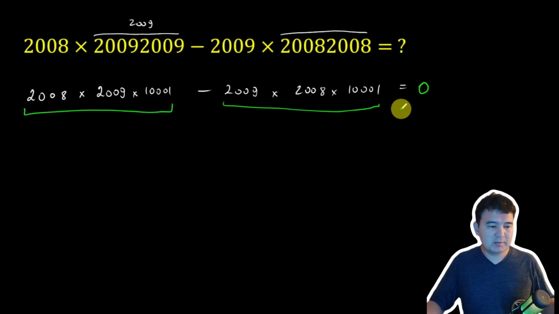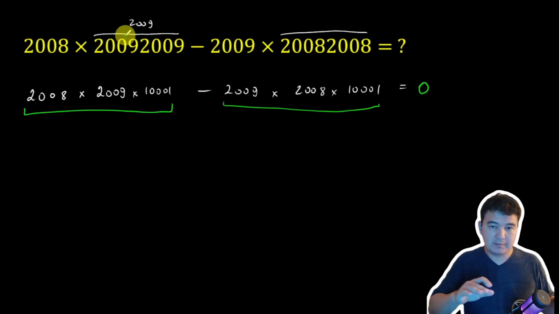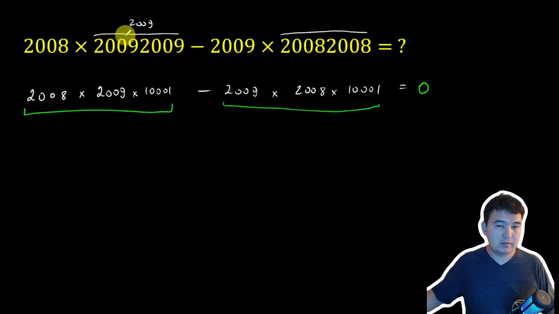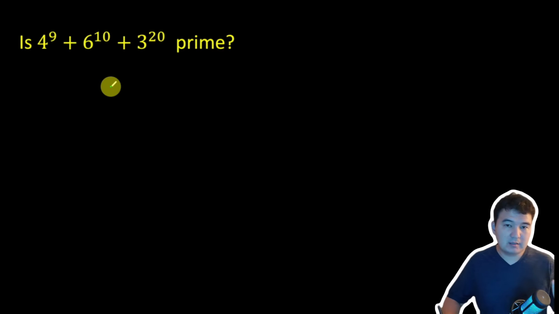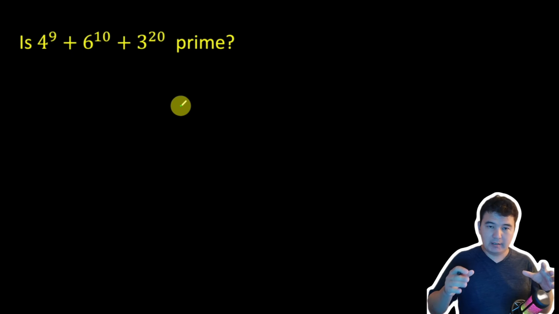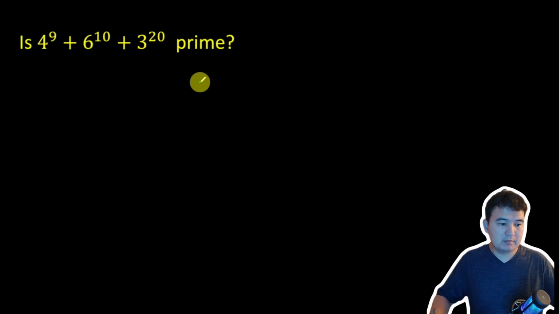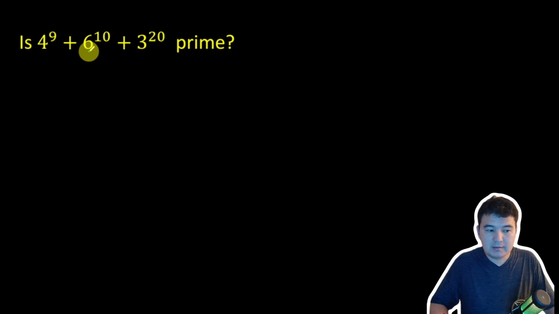If you take a slightly smarter approach to this problem, you don't need to do the multiplication. It's just factorization and the result turns out to be 0. Okay, this one is a little bit tricky. I'm just going to show you the solution and you'll try to get the idea. I'm going to replace some of the numbers with letters. So we have 3, 6, and 4. Since 6 is 2 times 3,